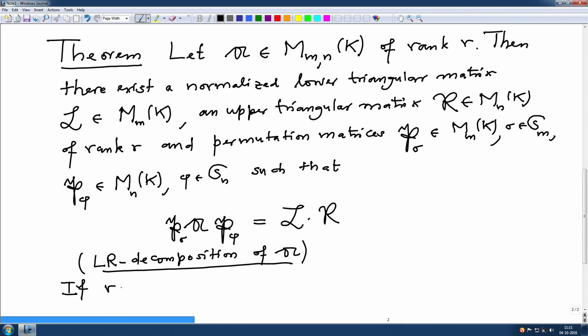that means the rank is full rank, then one can forego the matrix P phi, as in the earlier theorem case. See, you do not need this matrix then, because you can manage with the row operations alone. This means